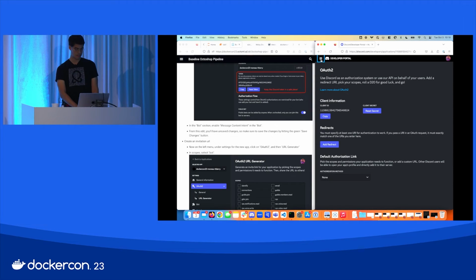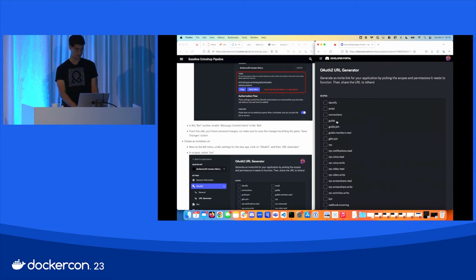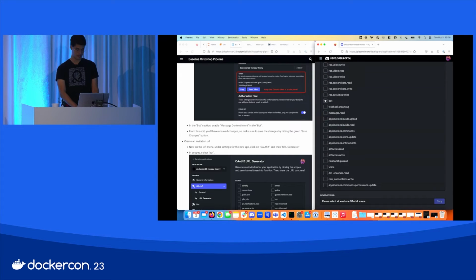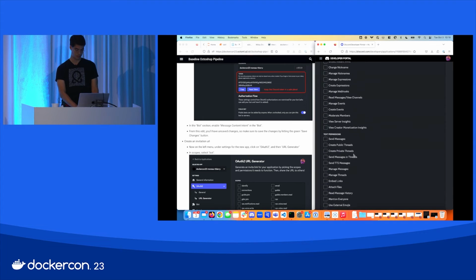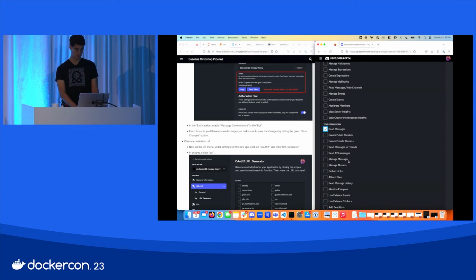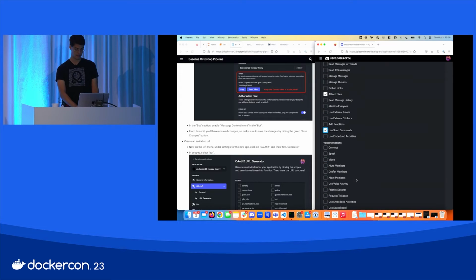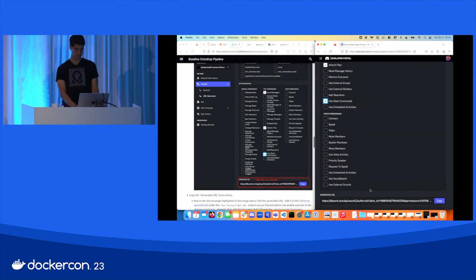Under the side menu, if you go to OAuth2, URL generator, you are going to have to check the bot box. And you're going to scroll down and enable some bot permissions. You're going to enable send messages from the bot, attach files, and use slash commands. All right, so these are the 3 things that you're going to need to enable. Again, we've provided some screenshots for easy guidance. And then you're going to take this generated URL,